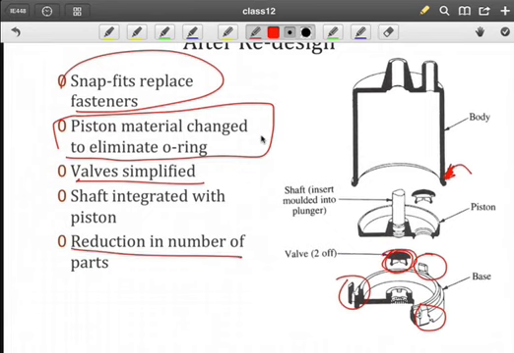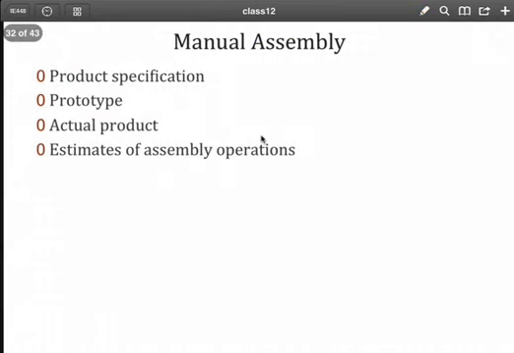So we get a reduction in the number of parts. You can count up the number of parts, so this will greatly simplify the assembly as well as the cost, because you've reduced your holding cost, the number of parts that you are storing in your facility. So how do we go through that kind of a process to get from that initial design to the less